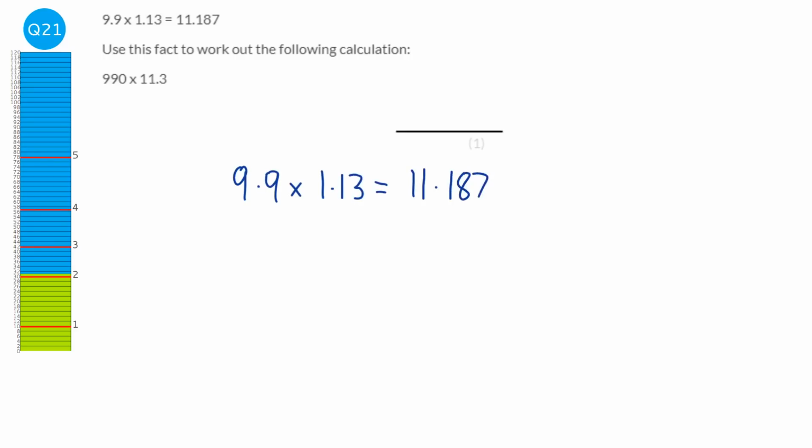So we're going to write the question underneath. Now you'll notice that the question is very similar to the fact. And in fact, we can see that all we've done here is we've times that by 100, and all we've done here is we've times it by 10. So what have we got to do with our answer? Well, we've got to times it by 100 and times it by 10. In other words, we've got to times it by 1,000. And so we're going to times this by 1,000 and we'll get